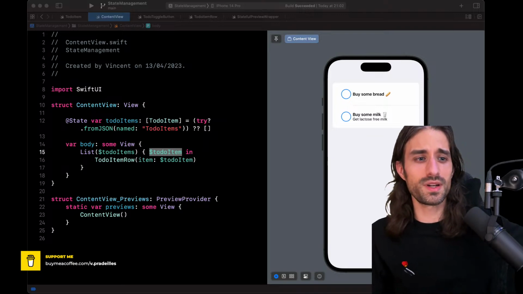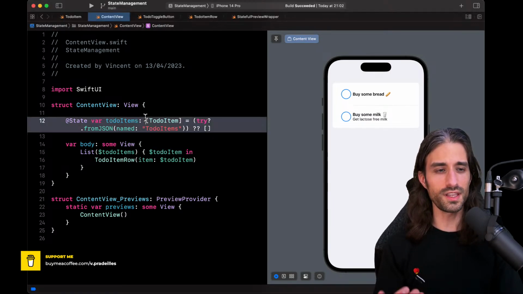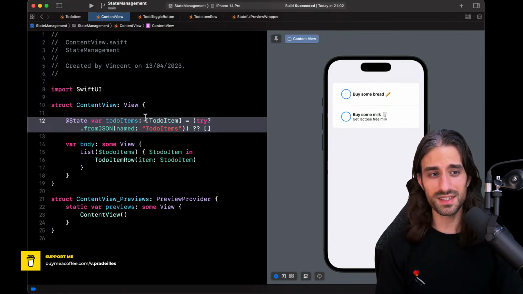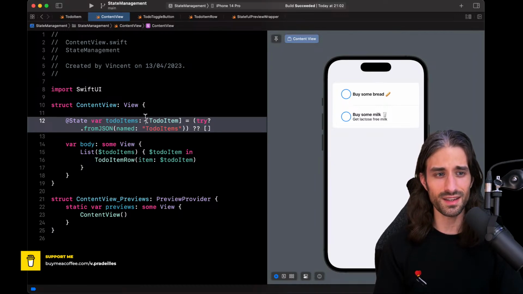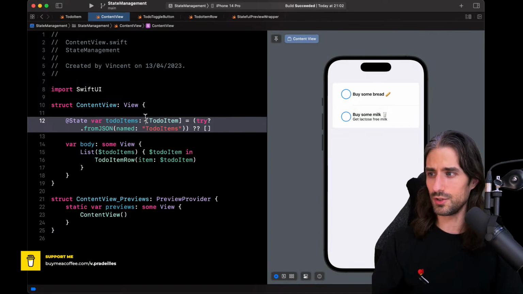solution, which is to actually have, on the one hand, the array that contains the unsorted data and then dynamically compute a sorted array that the view will display. And what's interesting with this example is that it will lead us to naturally introducing a view model and having business logic in the view model that is complex enough that the example feels realistic. So this is when we introduce a view model.